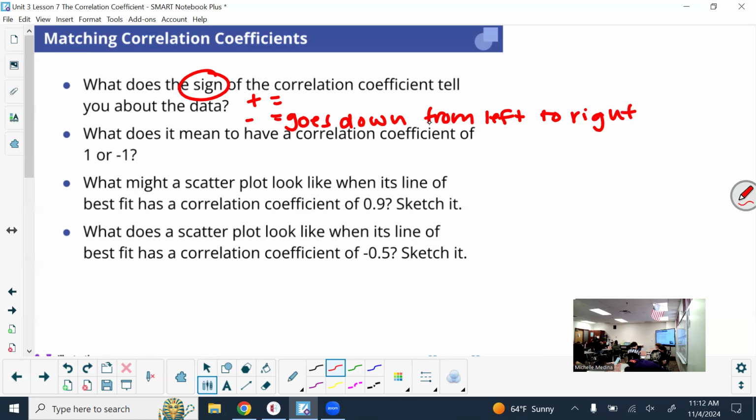So then table 6, what about if my R value is positive? Strength of the linear relationships. Actually, it doesn't tell you anything about the strength. Whether it's positive or negative doesn't tell you anything about the strength. If it's negative, it tells you it goes down from left to right. If it's positive, it tells you it